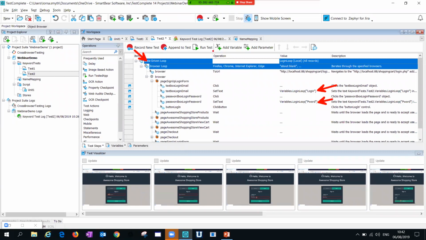So now if I ran my test, not only would it run on the browsers, so that's increasing your test coverage by 400%, but then it would run with all of the various data that I have provided through my data-driven loop. So imagine you press run and you walk away from your desk and go down the street for a nice coffee, and then you come back and it's all done and you have all your results. That's kind of where we want to help you get to. So yeah, that was just a quick overview of browser looping and data-driven looping.